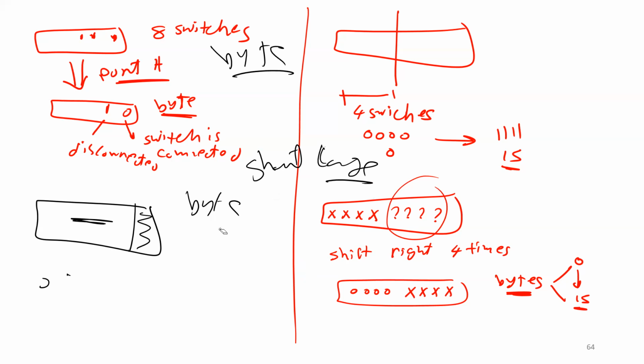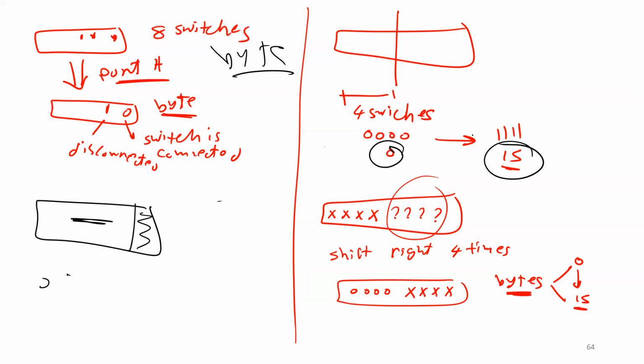Okay, so here, let me be more specific. In one of the labs, I'm going to tell you, get a number from the user. This number should be between 0 and 15. I want the user to give me a number from 0 to 15, and then I'm going to use this number to do something. To be more specific, in this lab, this number you are going to get from the user is going to be